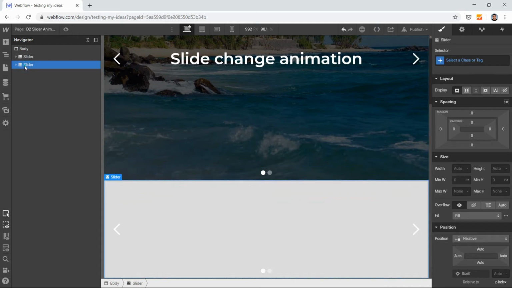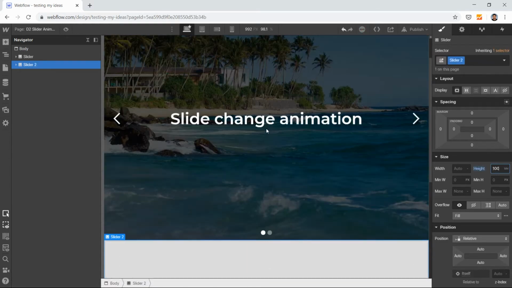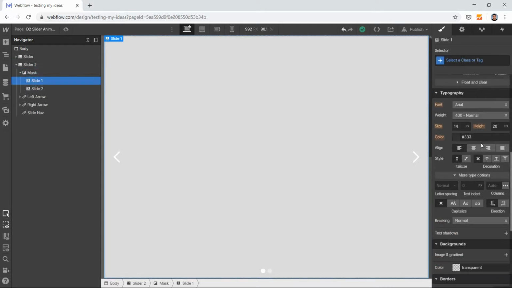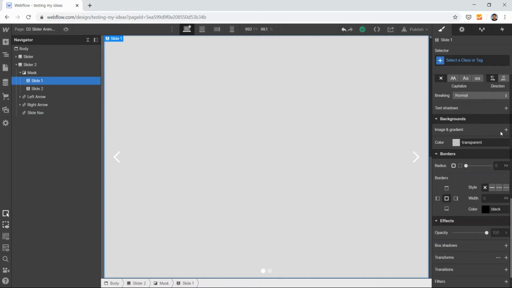Good. So now what I want to do is I will make this slider 100% in view height. So it is 100% right now, right? So now your job is to select this slider and give it a background image.